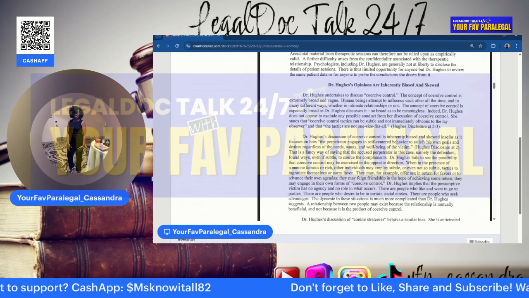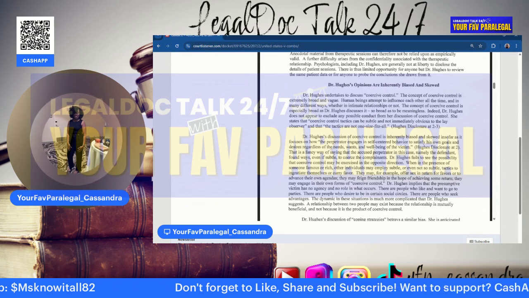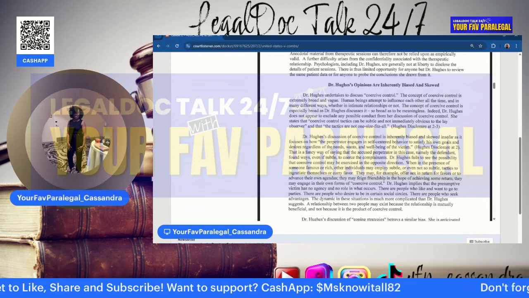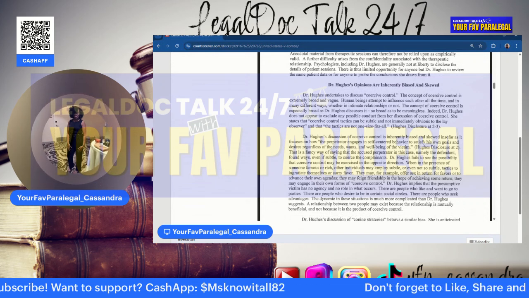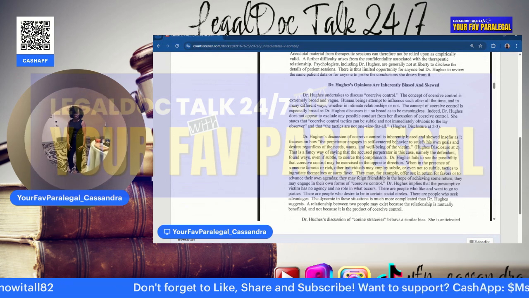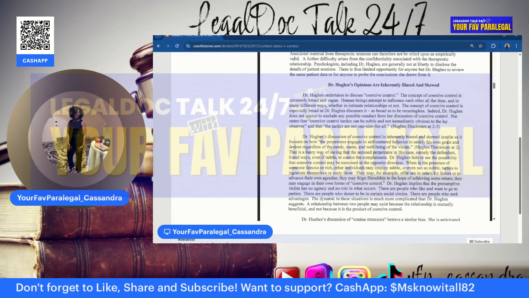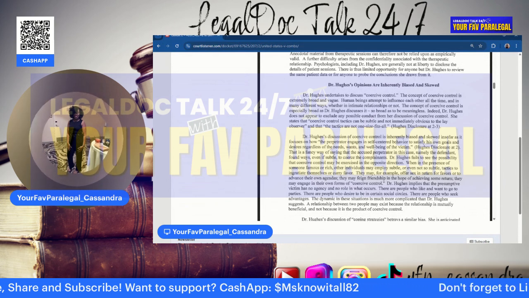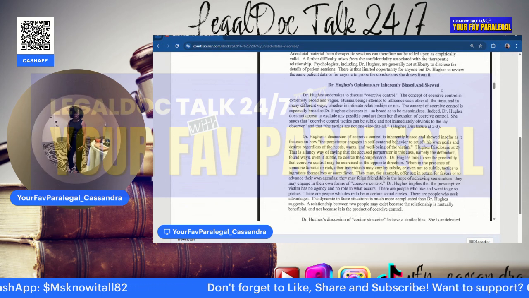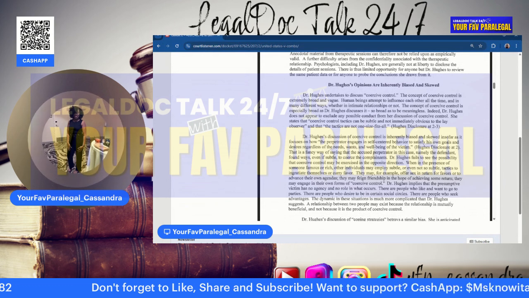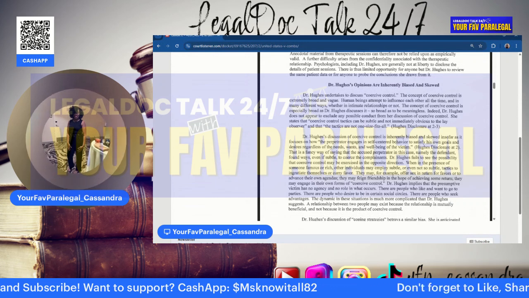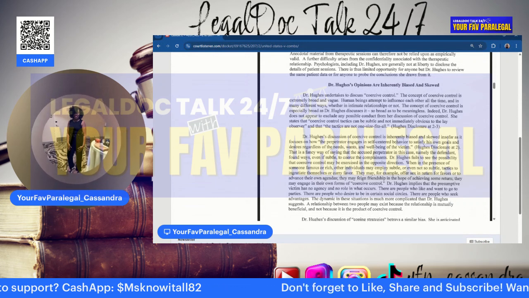Human beings attempt to influence each other all the time and in many different ways, whether in intimate relationships or not. The concept of coercive control is especially broad as Dr. Hughes discusses it, so broad as to be meaningless. Indeed, Dr. Hughes does not appear to exclude any possible conduct from her discussion of coercive control. She states that coercive control tactics can be subtle and not immediately obvious to the lay observer, and that the tactics are not one size fits all.